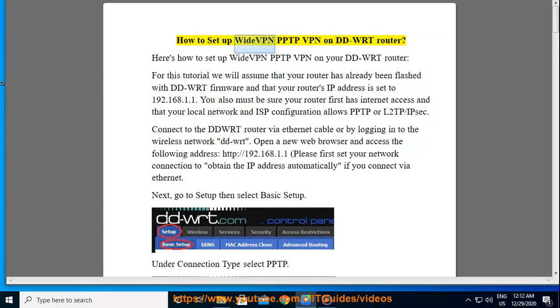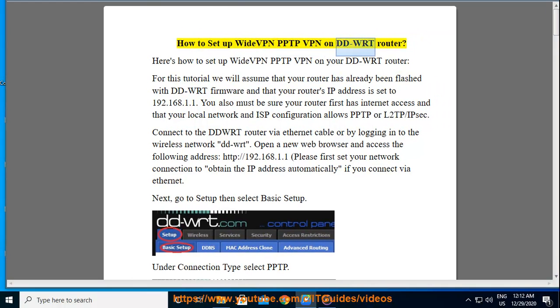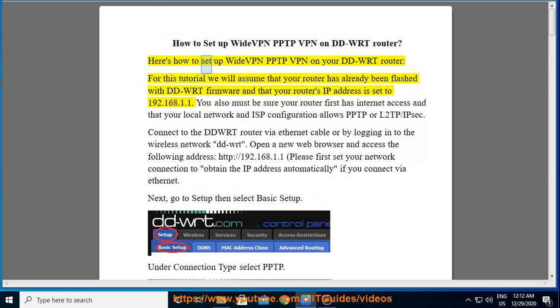How to set up WideVPN PPTP VPN on DD-WRT router. Here's how to set up WideVPN PPTP VPN on your DD-WRT router. For this tutorial we will assume that your router has already been flashed with DD-WRT firmware and that your router's IP address is set to